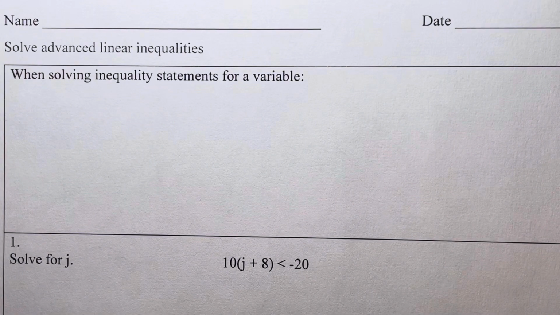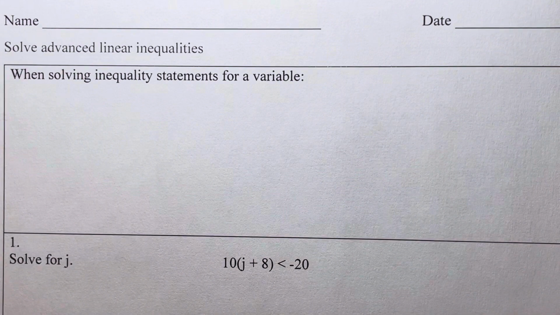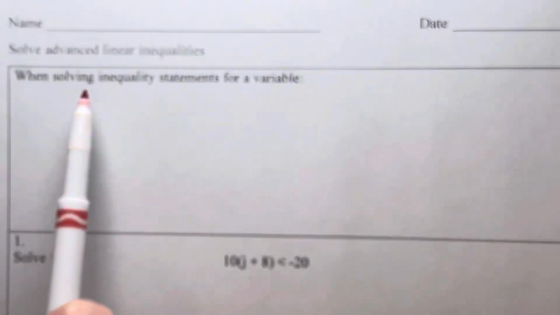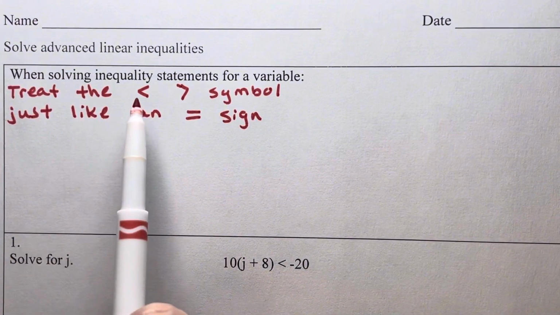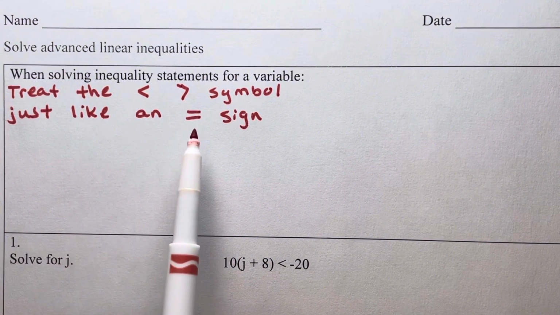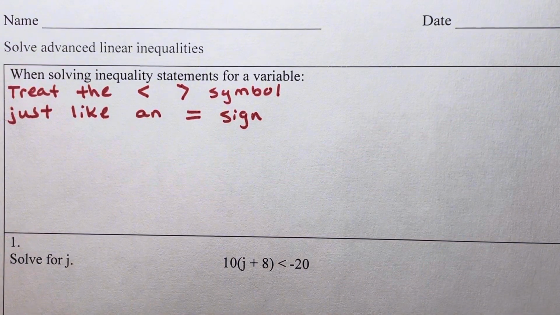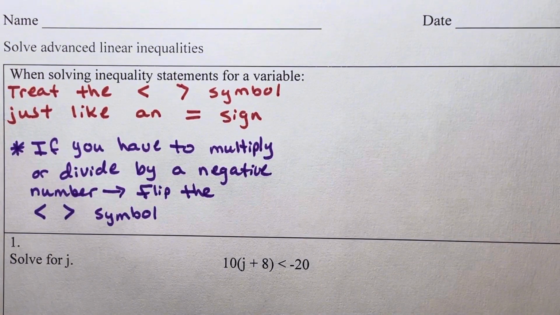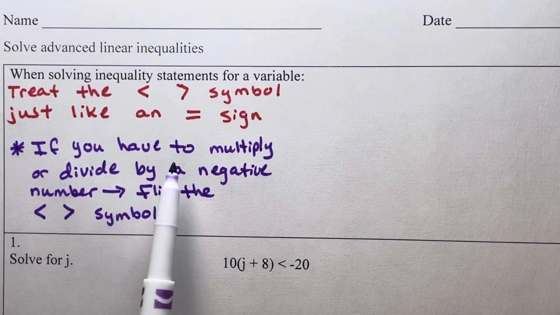In today's math lesson, we're going to solve advanced linear inequalities. When we're solving these inequality statements for a variable, you're going to treat the less than, the greater than symbol just like you would as if it was an equal sign. So we're going to be using the same rules of solving for a variable as we would in a regular linear equation. The one catch in solving for a variable in these inequality statements is if you have to multiply